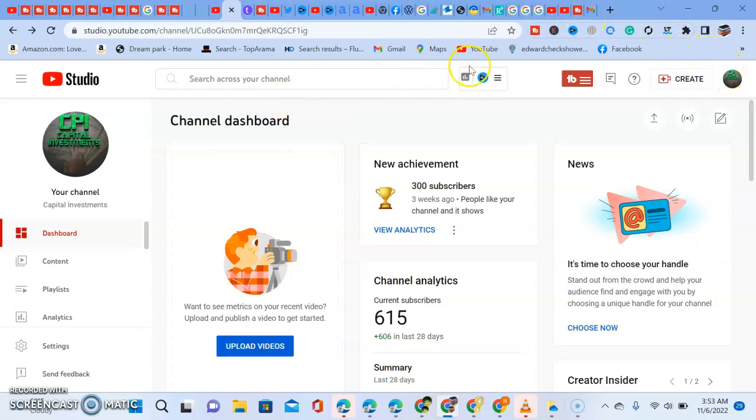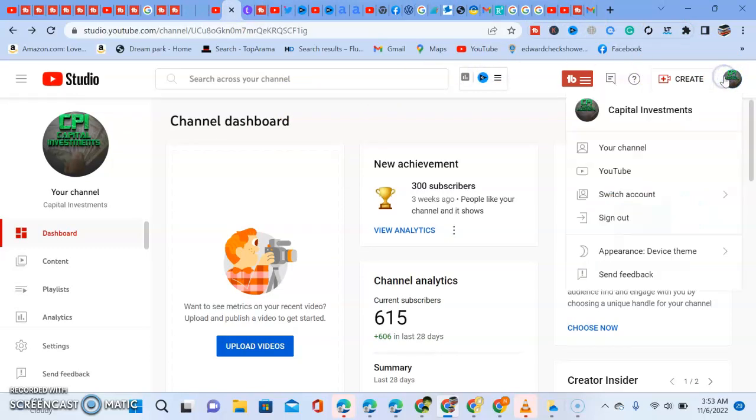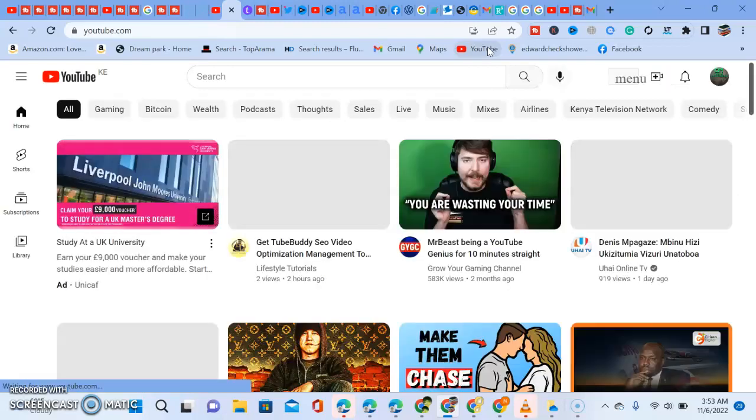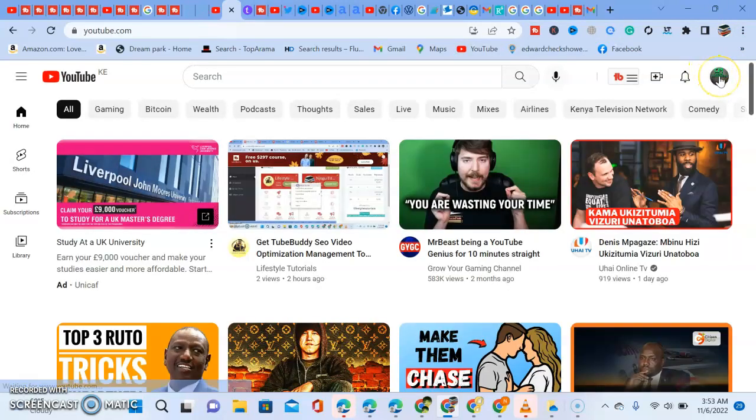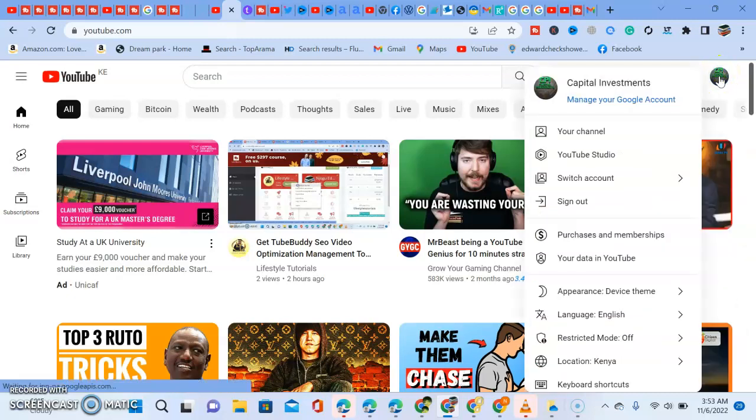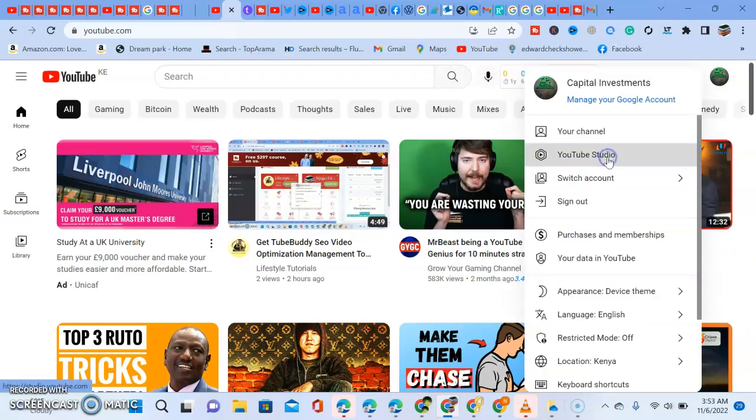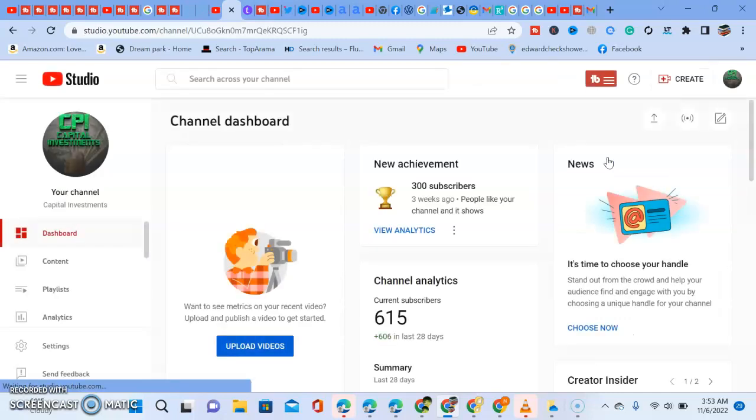So the first thing you're supposed to do is get into YouTube. Once you get into YouTube, you'll be able to come here at the end. Once you come here at the end, you'll be able to select your YouTube Studio. Once you select YouTube Studio, it will take you directly to your YouTube Studio. Then you'll come here and say choose now. Once you say choose now,